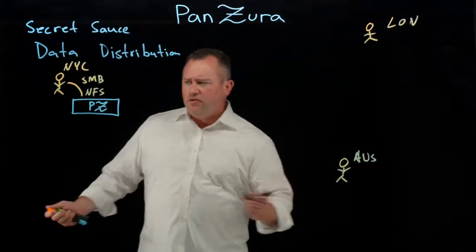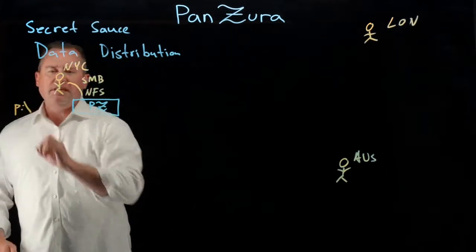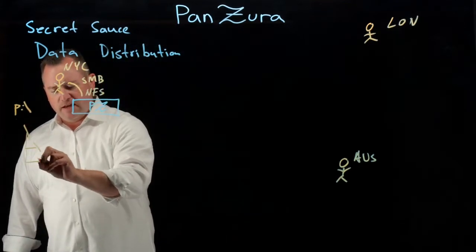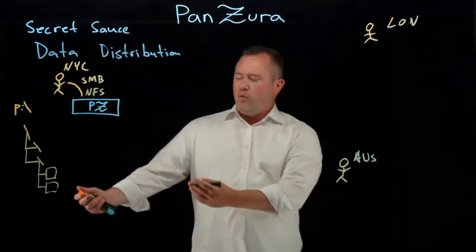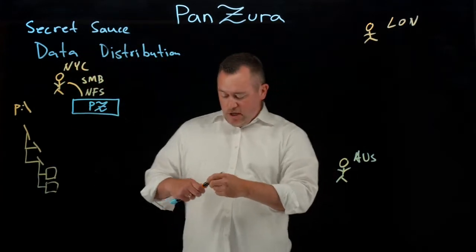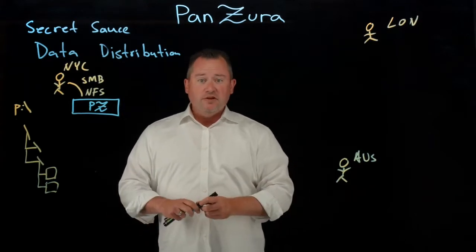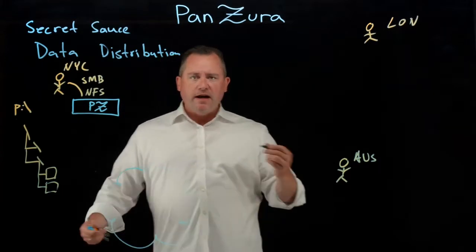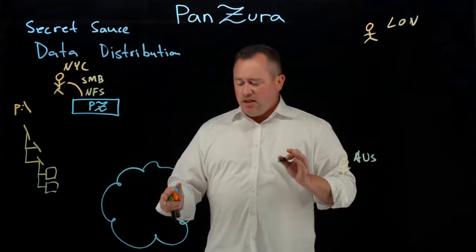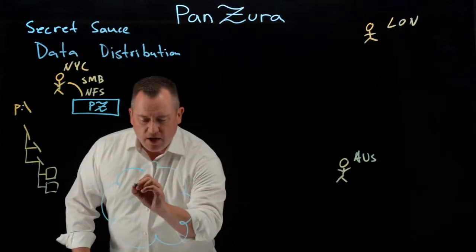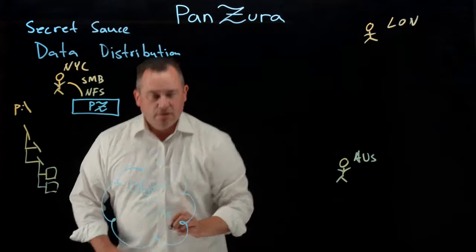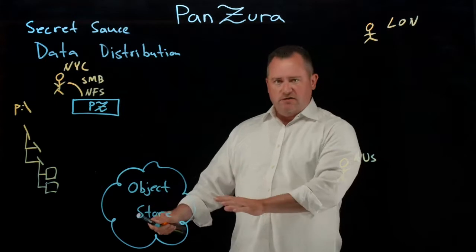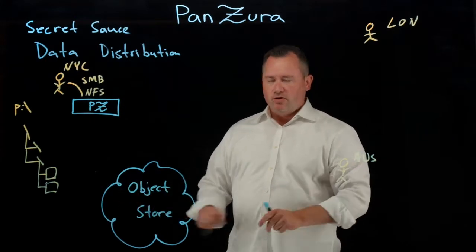So what does that look like to an end user? Looks like a map drive. We'll just call it a P colon. So for example, you've got your root, you've got another couple little folders under that, some files under that. We've all worked with file systems before. The other thing to think about is, again, I've said before, Panzura is a cloud-backed file system. So these can be any types of clouds, public or private, I don't care. And just for technicality, we use the word cloud, but really what it is, it's an object store. Now, I'm not going to go into all the ways exactly that we talk to the object store today. We can do that in another video, but it is an object store. It's out there in the cloud, and we speak to it the way it should be spoken to.